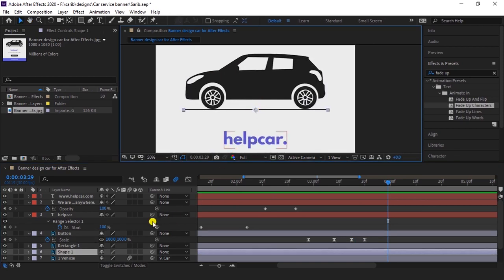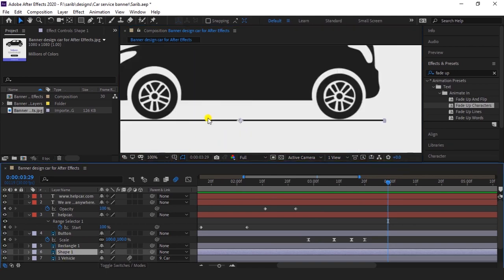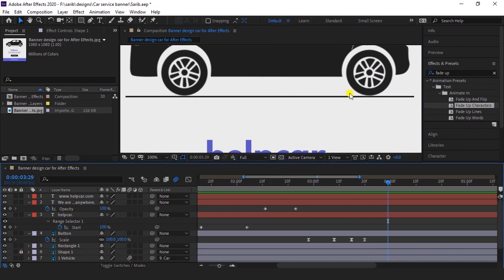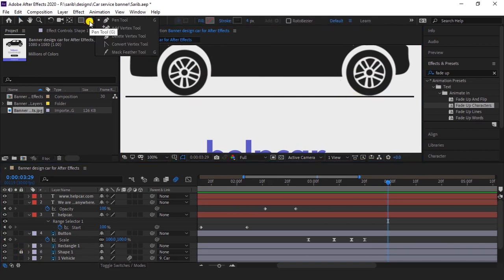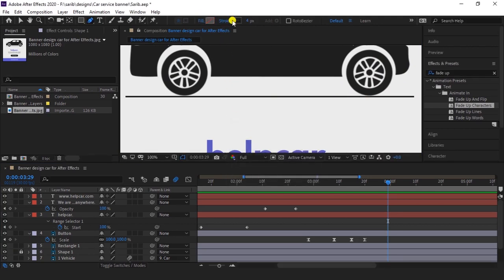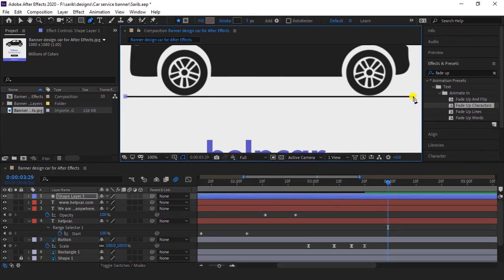This is line. So zoom and lock it. Lock. Okay. Now select pen tool and close the fill and open the stroke. Value is 5 and one click on here and second click on here by holding shift. So you will get a straight line.